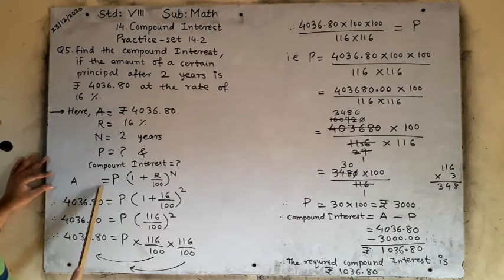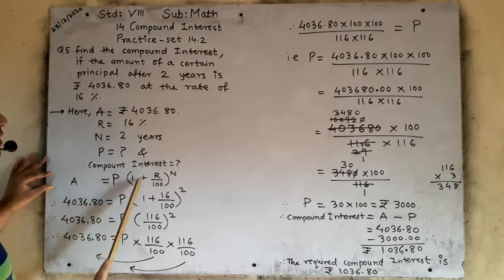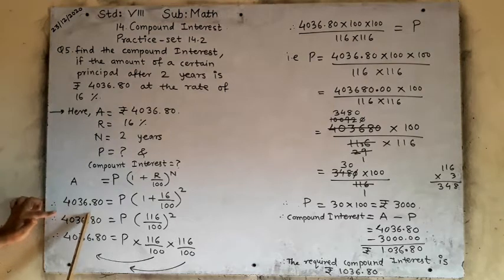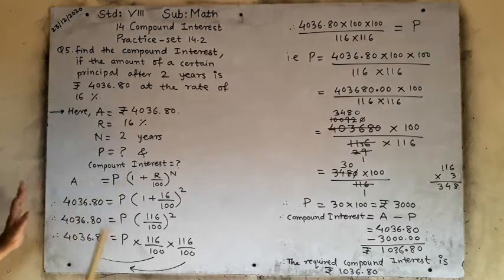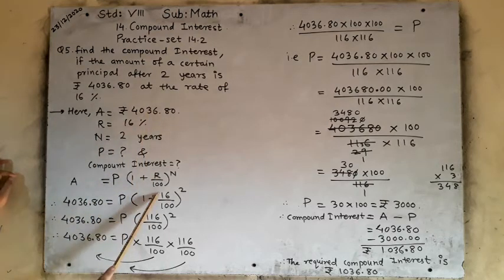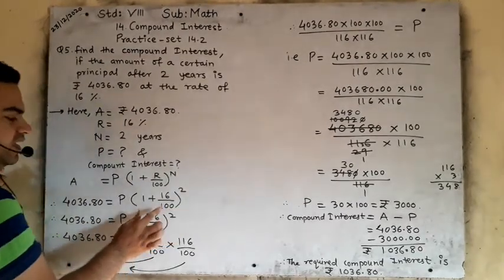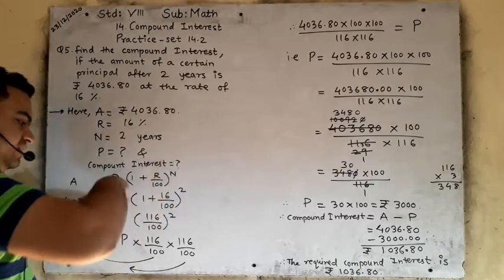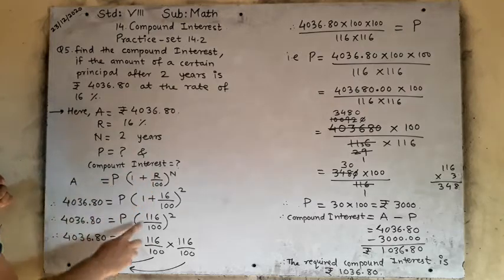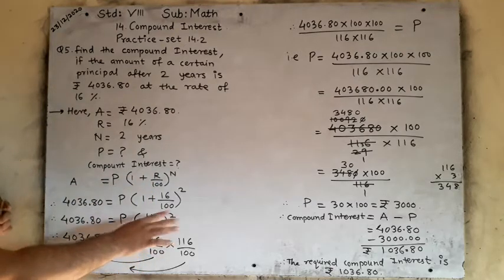Amount by compound interest is equals to principal multiplied by 1 plus rate upon 100 bracket raised to n. Now we will put the value. Amount is given, so we will write below amount. Principal is not given, we will write principal as it is, 1 as it is, plus as it is, rate, that is 16% per annum, 16 upon 100 bracket raised to square, n value number of years square. Now first we will solve first bracket. 100 ones are 100 plus 16, that is उसमें 16 add करना है. 100 ones are 100 plus 16, 116 upon 100 bracket square.